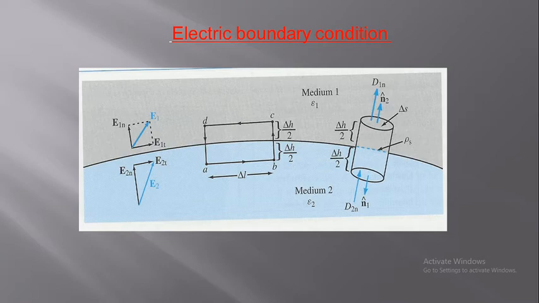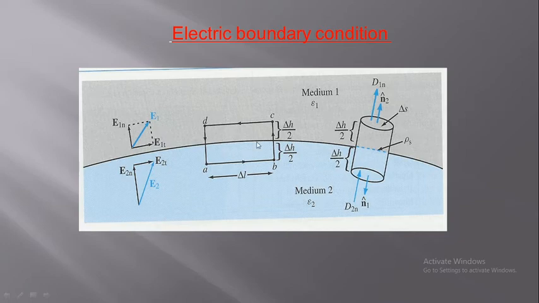We take two media with different dielectric constants. Let the upper side be medium 1 with dielectric constant epsilon 1. Then on the lower side we take medium 2 with dielectric constant epsilon 2. Now we divide the field components, that is the electric field, into tangential to the boundary and normal to the boundary. If E bar is in medium 1, we use the suffix 1. When E bar or any other field is in medium 2, we use suffix 2. So we can say E1t, E2t, E1n, E2n, like that.